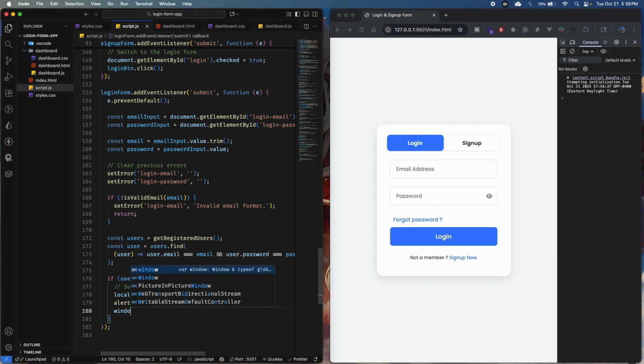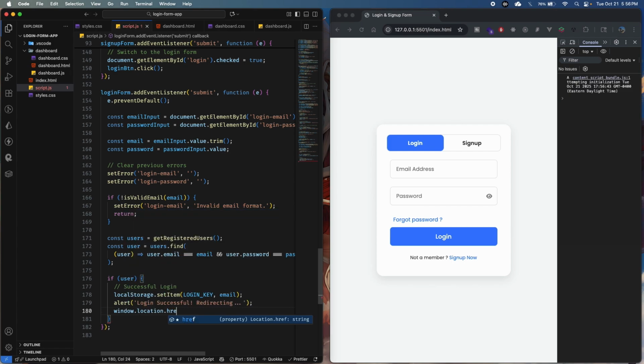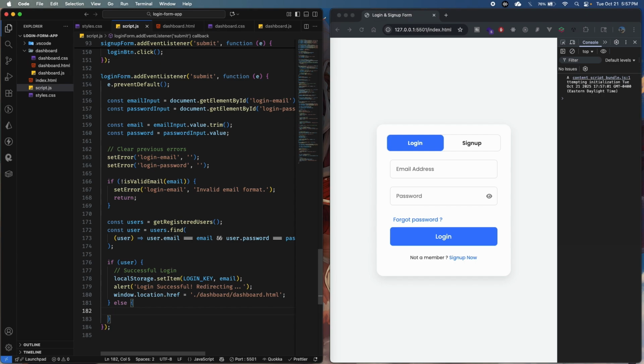Excellent. And then we are going to do window.location.href, and we are going to be moving to ./dashboard.html. Yeah, we had the spelling correct. Excellent. In the case that we were not able to log in successfully, that means that something might be wrong, maybe the email or the password,